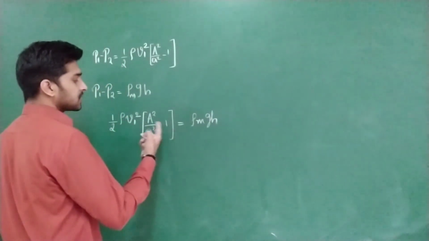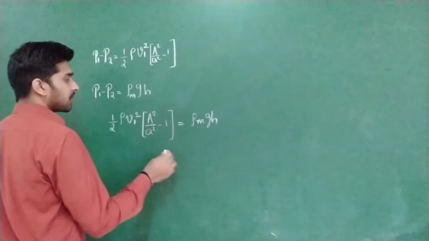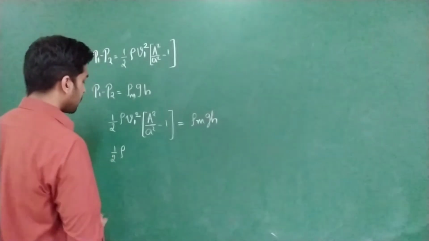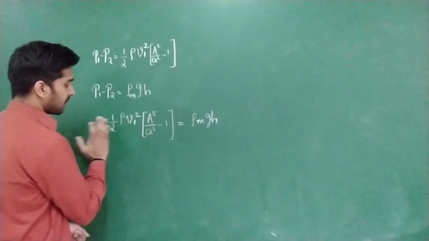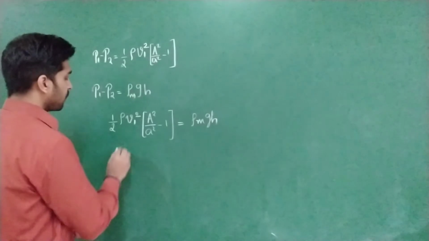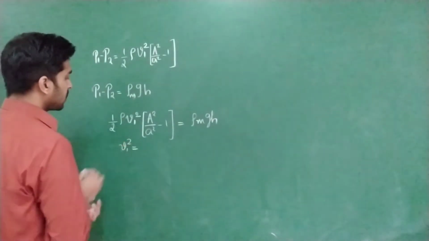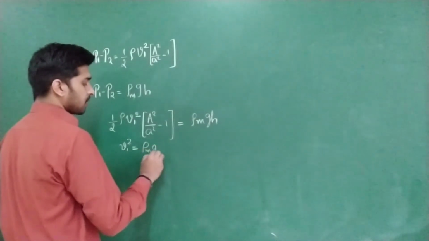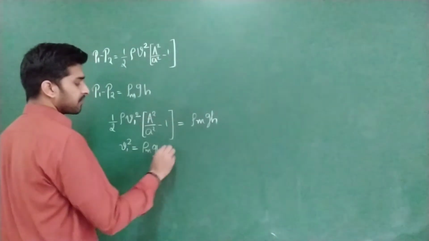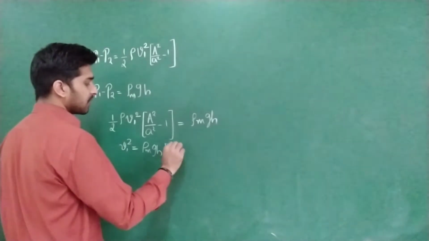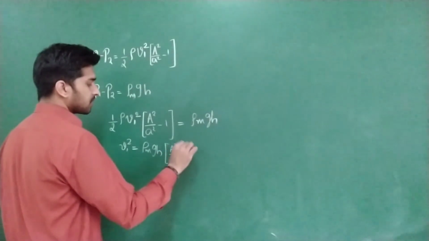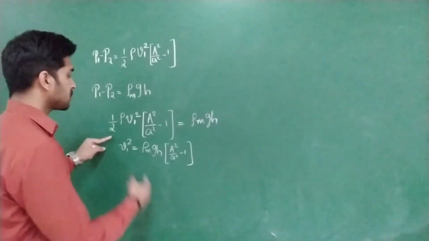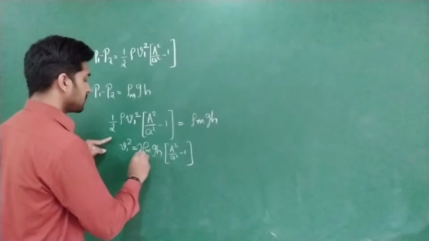So here you can take LCM and shift, otherwise this complete quantity. Clear? So half rho, so apart from going for this step, directly we can write what we are having. V1 square is equal to rho m GH, divided by this complete factor, but I will be mentioning it in numerator only, A square by A square minus 1. Yeah? And 2 and rho are remaining, so 2 is multiplied here, 2 rho m GH whole divided